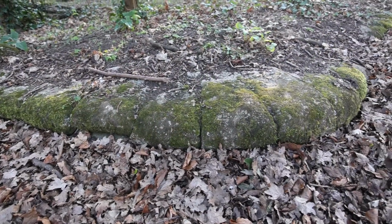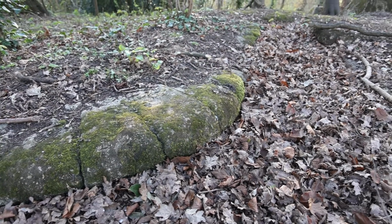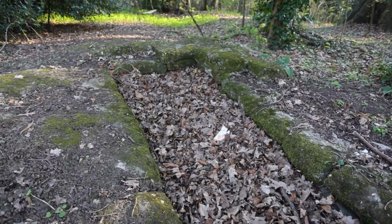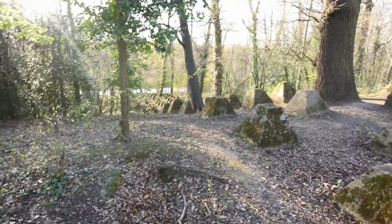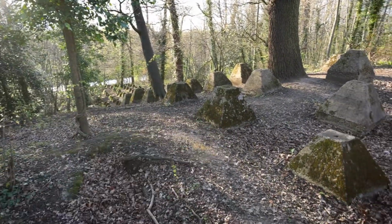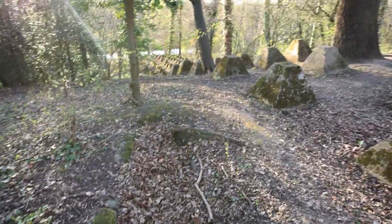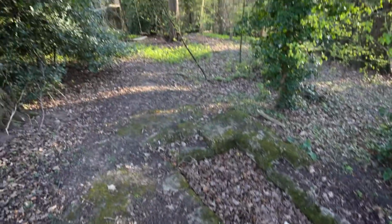Now, it looks as though it's been made with sandbags, probably filled with concrete. Of course, the actual sandbags themselves are long rotted away at this stage. But the thing that is quite interesting, from this position here, you can see the line of dragon's teeth run up the hill here. Now, Guildford city centre is kind of in this direction, so I imagine that defensive line would have come along here. And I'm guessing a bit here, but this probably would have been the corner of the position, which then would have run off back in this